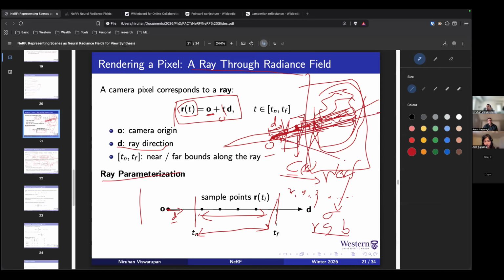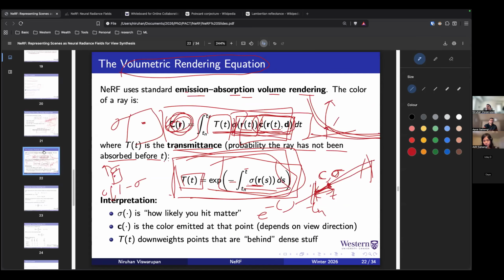Then you can pick another line, another pixel, query points along this, get the values from NeRF, integrate it, and get this pixel value. Do you get the basic idea? So that's what they do. So this is a continuous